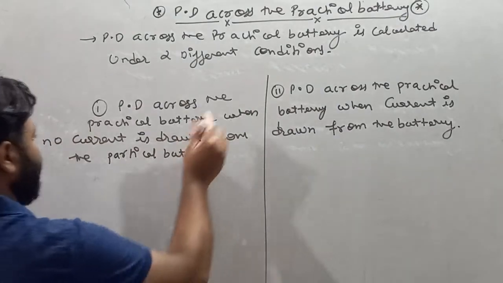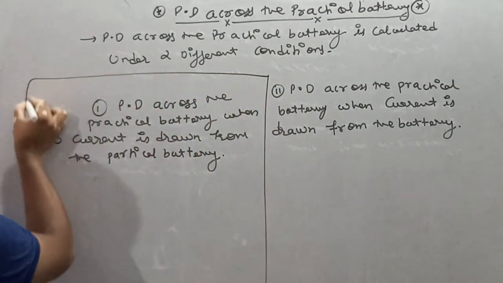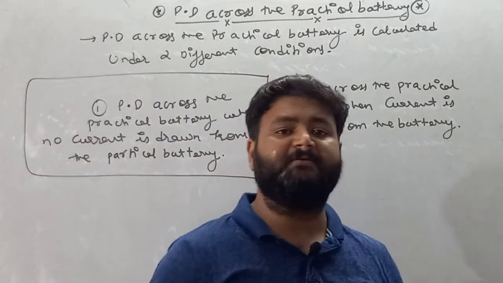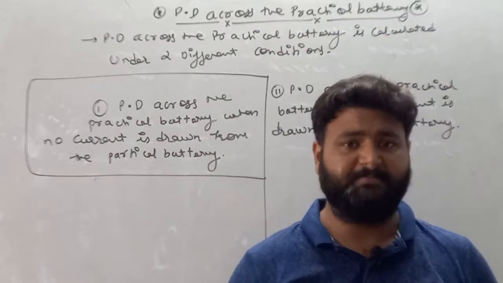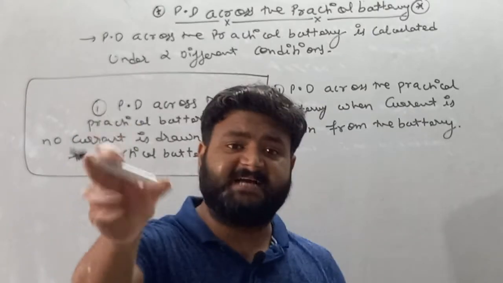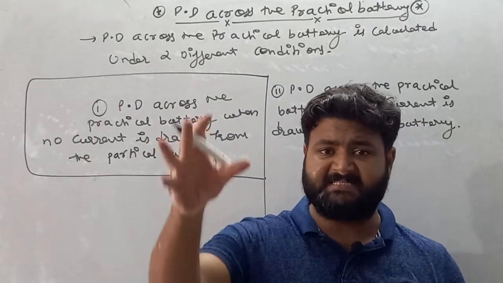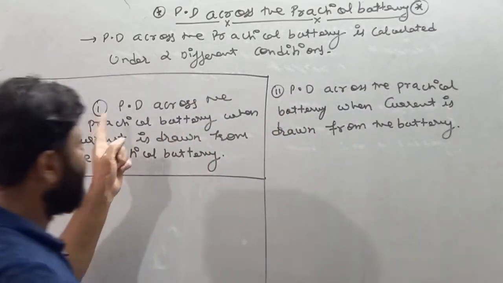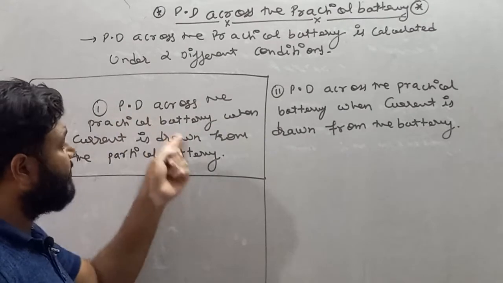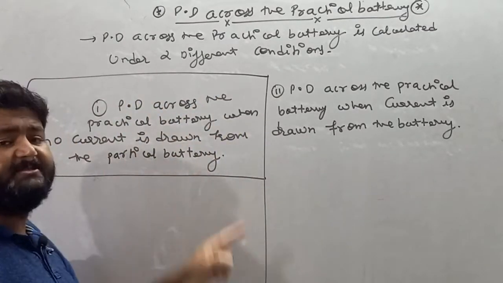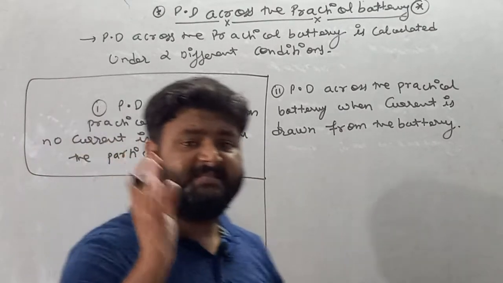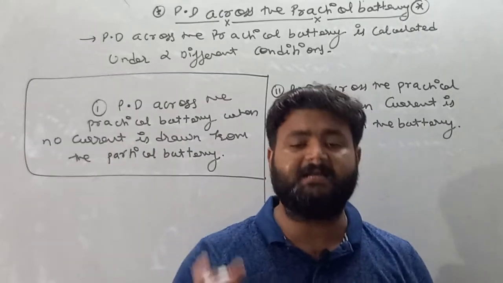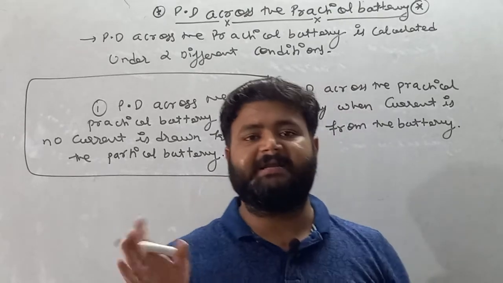See, my dear student, if no current is drawn from the battery, it means the battery is not connected with any external circuit, because if any battery is connected with any external circuit, then the circuit starts drawing current. And if I am calculating the potential difference across the practical battery when no current is drawn from the battery, it implies this potential difference is under that situation in which the practical battery is not connected with